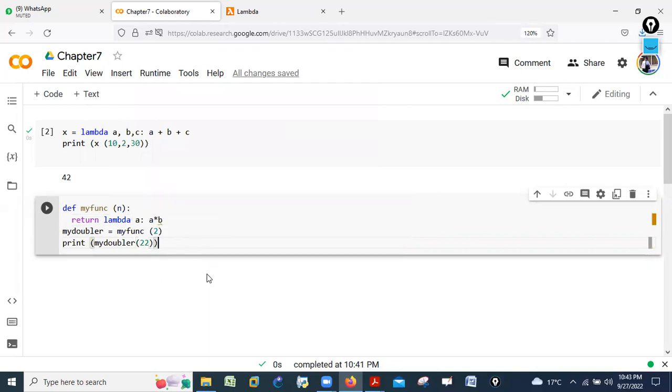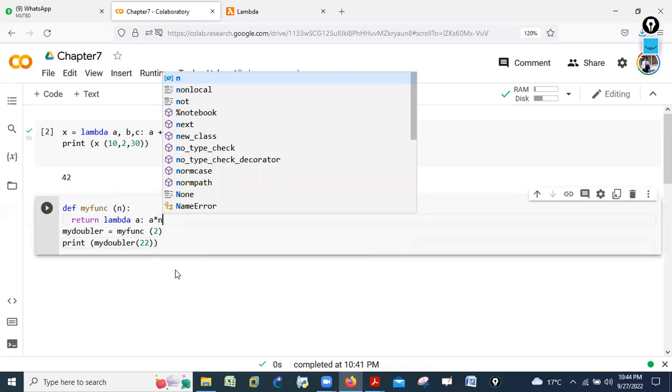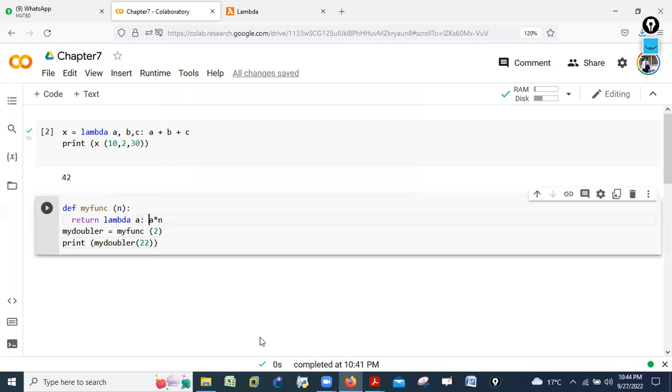When I run this program, can anyone tell me which kind of output I will get? How many arguments do we have here? First of all, if you remember when we discussed the function, I told you that to define a function you use the def keyword, then your function name, and these are the arguments.